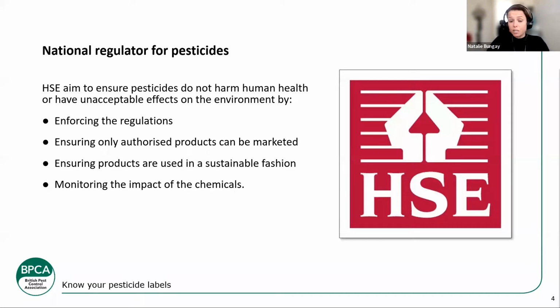Now, it's enforcing regulations, so sometimes they can devolve these responsibilities to local authorities and things like that, but they are ultimately responsible for enforcing regulations around pesticides approval and use. Also, they want to ensure that only authorised products can be marketed. They do this through an approval process. So, for example, if you wanted to buy something from another country that's outside the UK, that would not be something that you would be able to legally use in the UK unless it had been authorised here by HSE